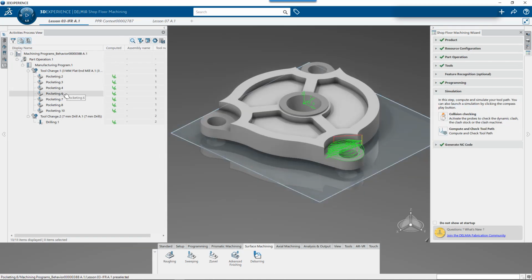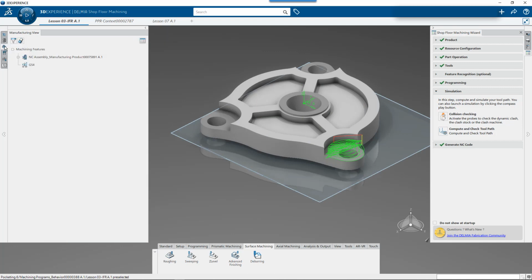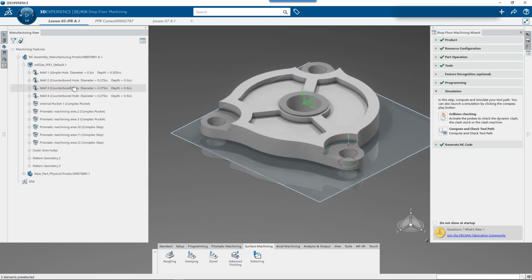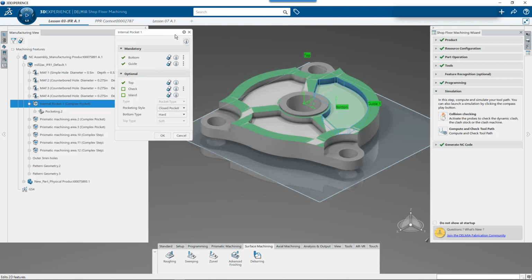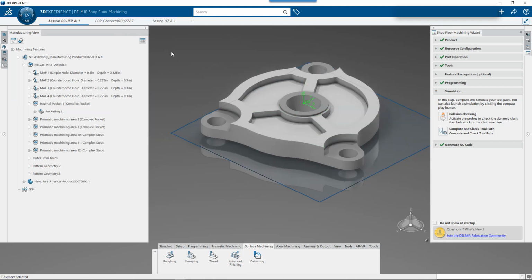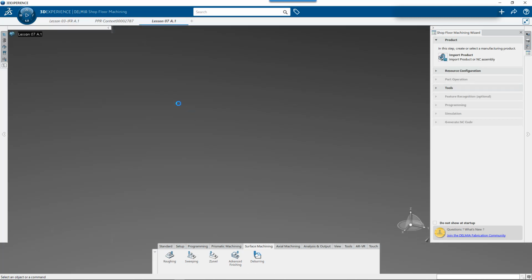So when we ran feature recognition before, you notice that if I expand this out, we have a complex pocket, we have MAFs. These naming conventions are actually what we're searching for. So if I look at the information on this, here is all the information that gets captured when a feature is created. Here are all the settings that we're using, and then you can see that this actually becomes a complex pocket. So when I'm writing these rules or leveraging these rules, as we do in here, if I come back to my query,